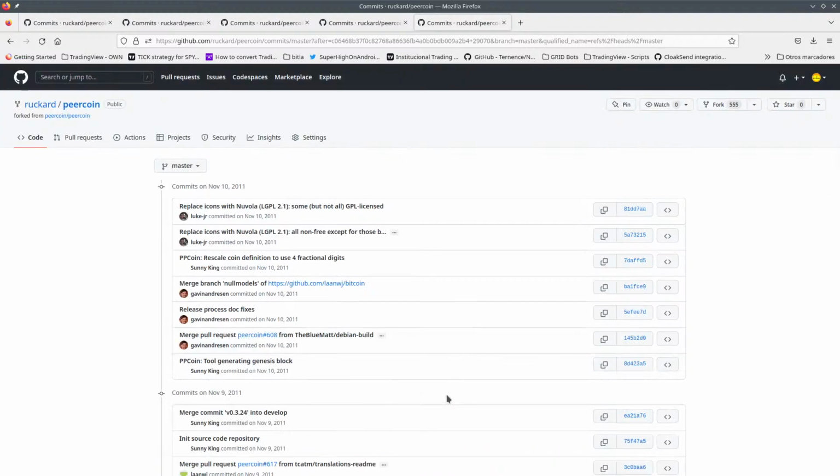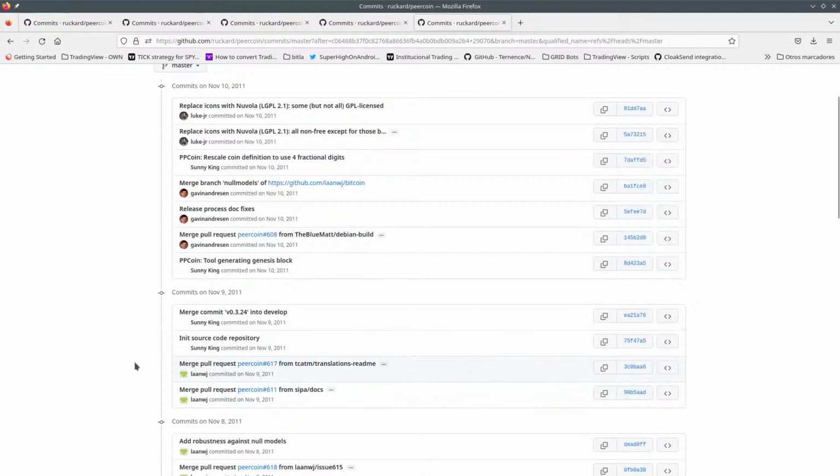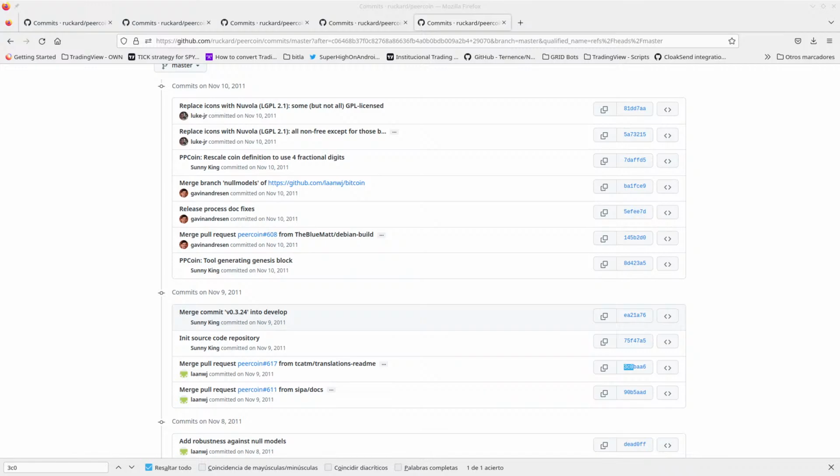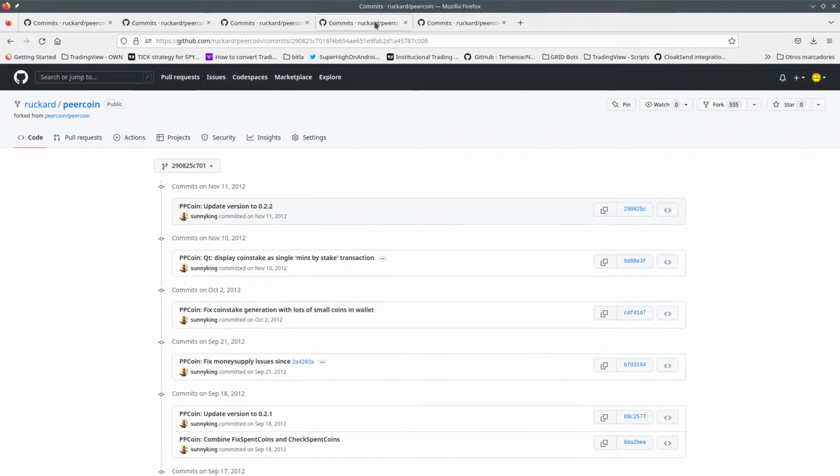so the first commit was something like 3C0, which I am not sure. This one here. Yeah, because this is the first place where you fork from Bitcoin. So this is not what we are looking for. So let's remove this and let's work from scratch. So let me see. Peercoin first commit should be this one,